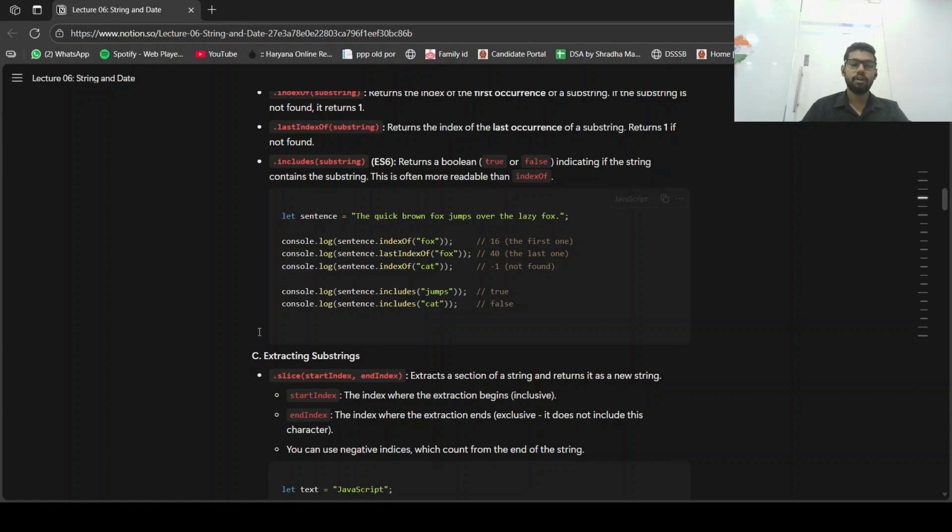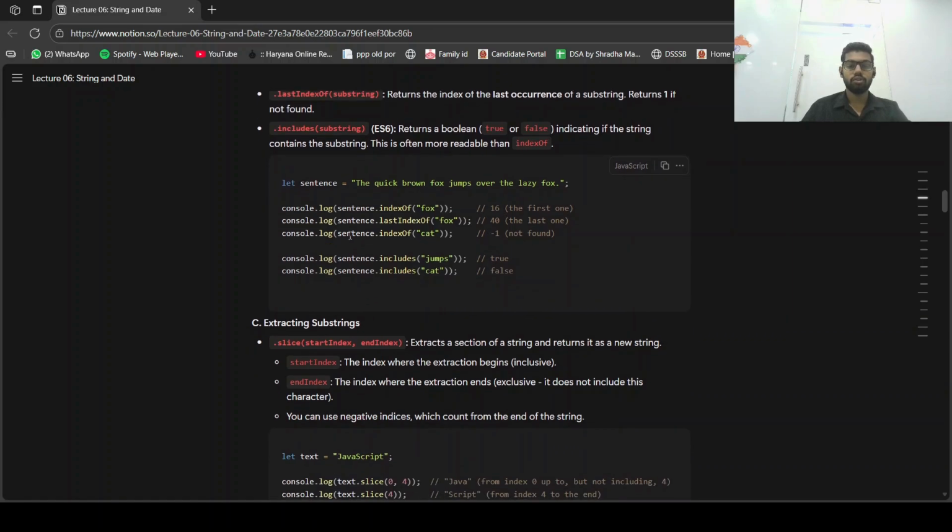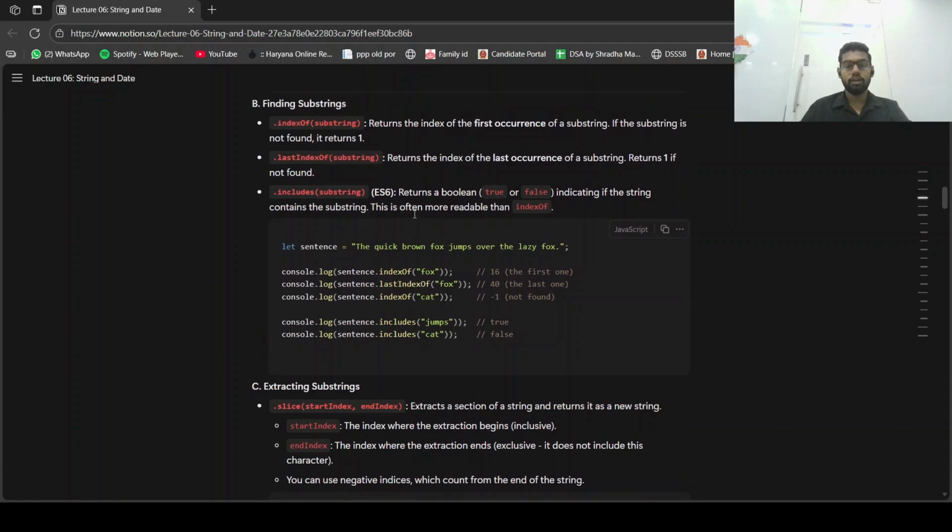Let's say we have a variable named sentence, which stores a string: The quick brown fox jumps over the lazy fox. Now console.log(sentence.indexOf("fox")). It will return the first